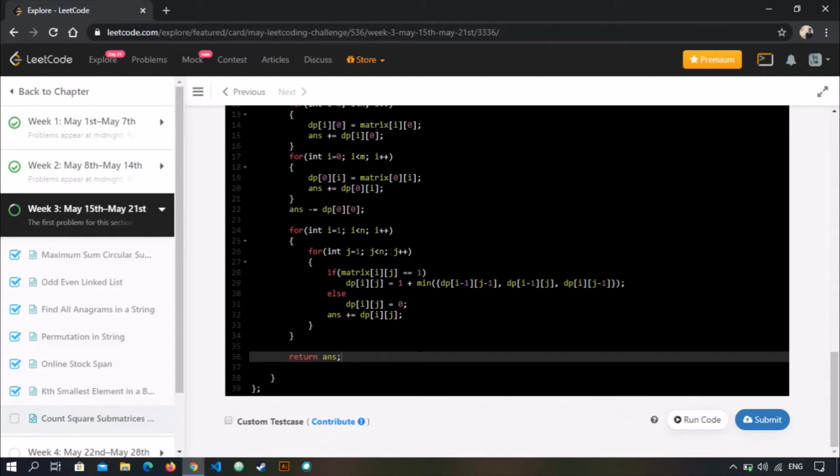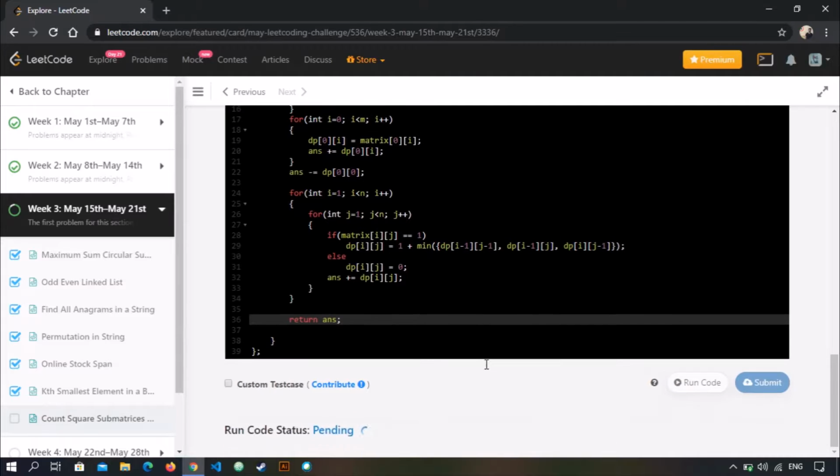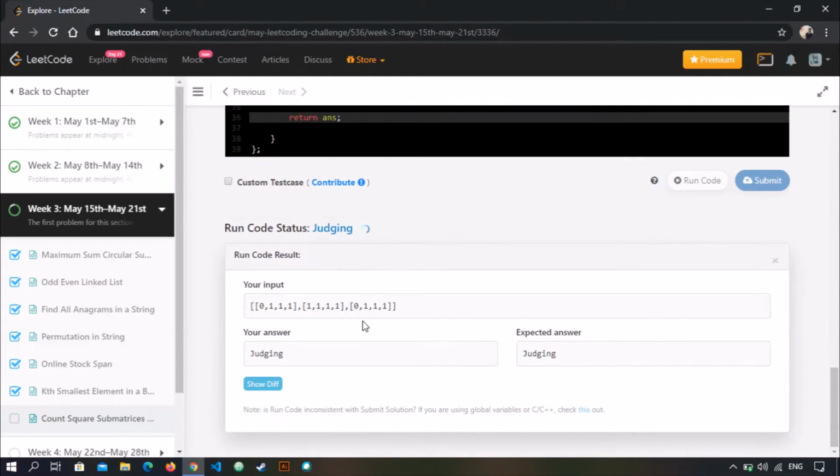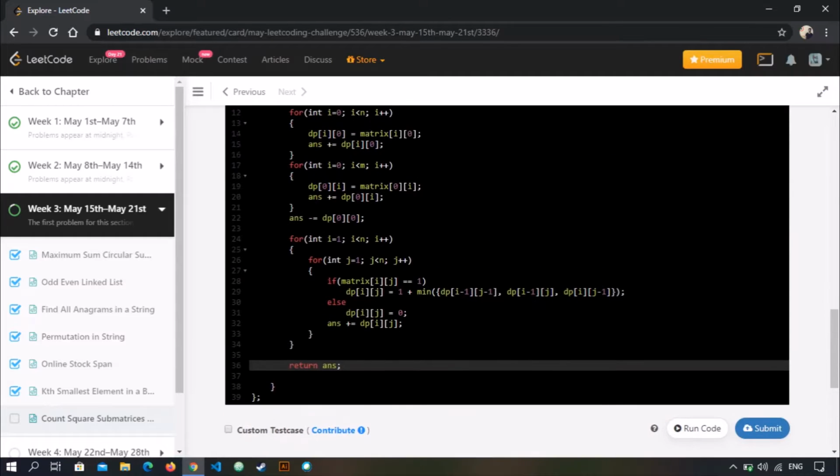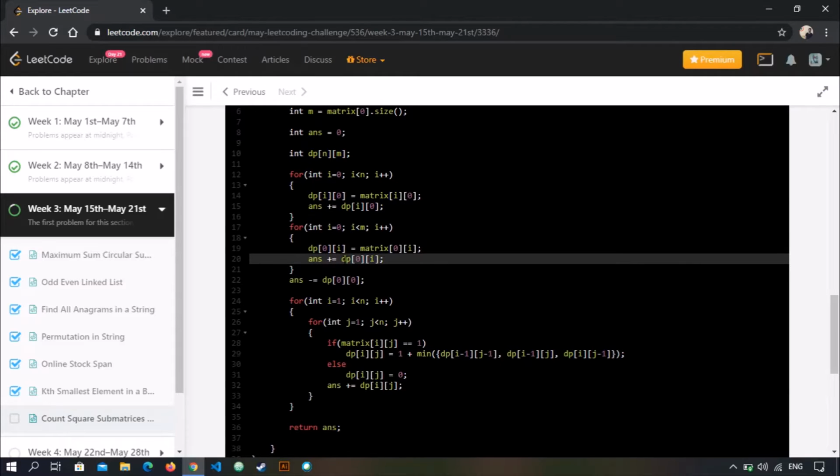Let's run this. We get 10 and 15, where are we going wrong? I think somewhere here we made a mistake. No, it's good.